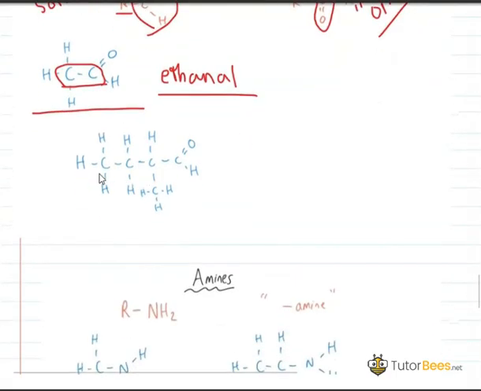First of all, beta, look at the chain, the longest possible chain. One longest possible chain can be this, and one longest possible chain can be this. If I consider this one or this one, from both the chains I'm getting 4 carbons. See here, 1 2 3 4, 1 2 3 4. If the functional group was not present here, then you could have chosen this chain or this chain, because they are containing the same carbons.